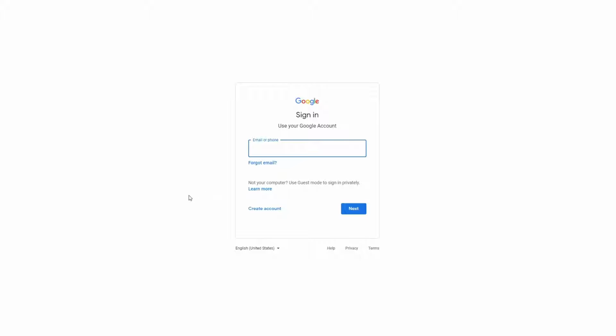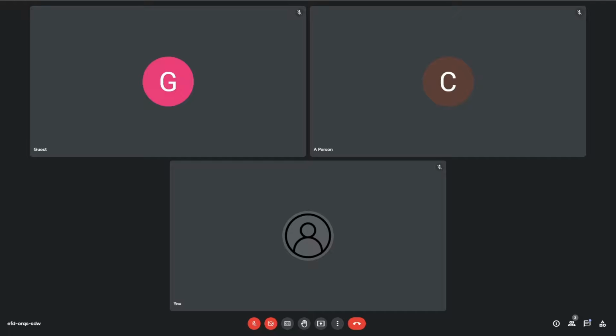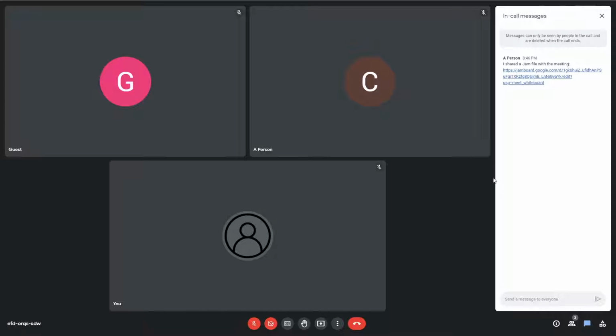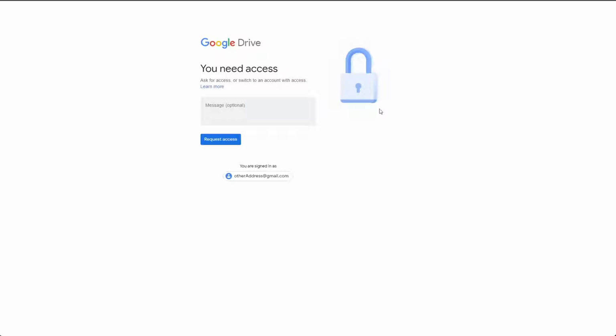However, on the participant screen who is logged in, going to their chat panel, they'll also have the exact same link. However, when they click on that, keeping in mind they have not been given access to this Jamboard yet, they'll open up the link saying they need to request access. If the email over here is not the email that they want to request access with, they'll need to change